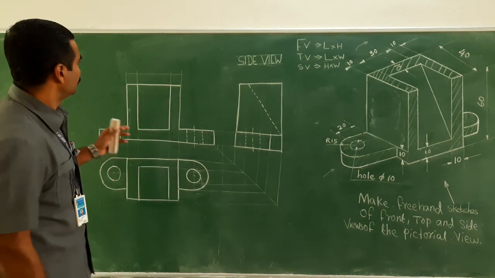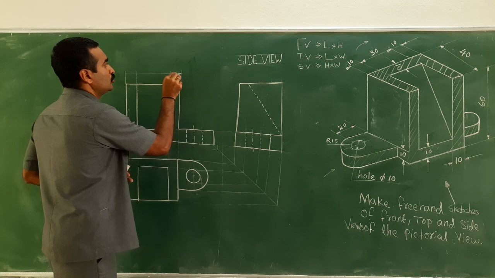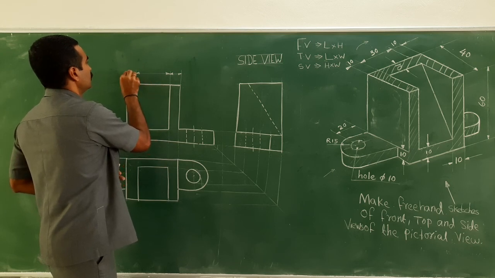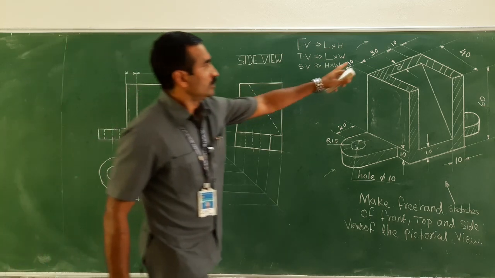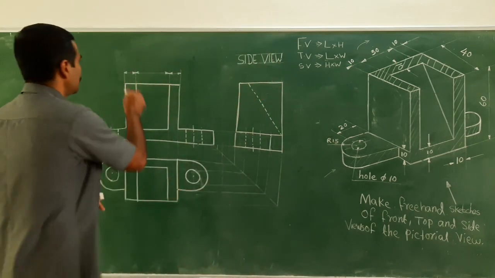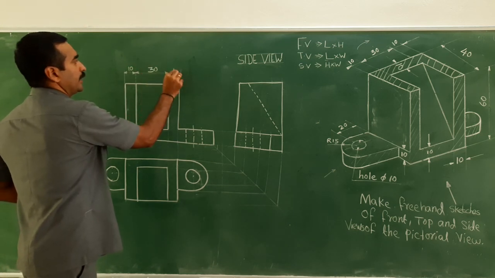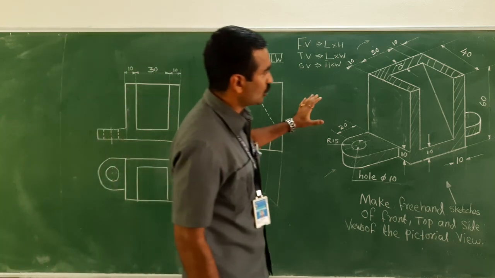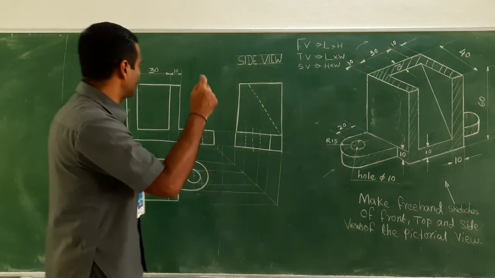For doing the dimensioning line and projection line, you must use a 2H pencil, right? So the arrow should be closed. 10, 30, 10. So above the dimensioning line 10, 30 and 10. This I have completed. Then height can also be captured in the front view. The total height is 60 mm from the bottom to the top.